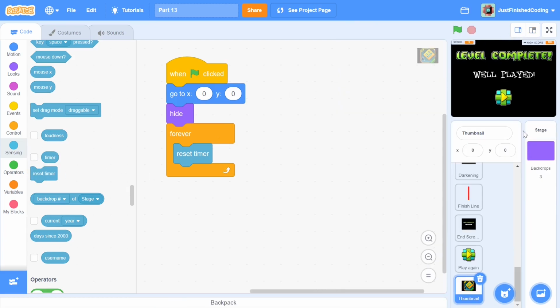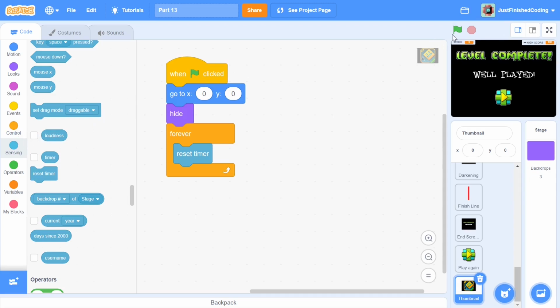In order to make sure that this thumbnail comes at the forefront, we'll basically be using the timer as a check. So in case this timer is not reset, then the timer is going to exceed, let's say, a start of 0.1 seconds. And when that happens, we're going to assume that it was because we pressed the stop sign and this code is no longer executing. And when that happens, we're going to show it in the front. So that's pretty much it.